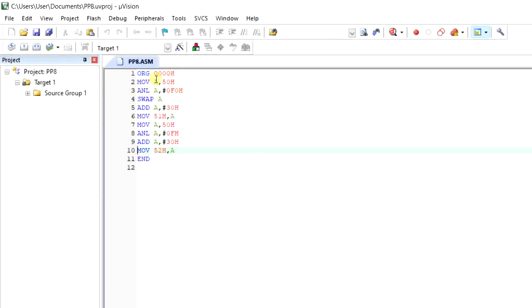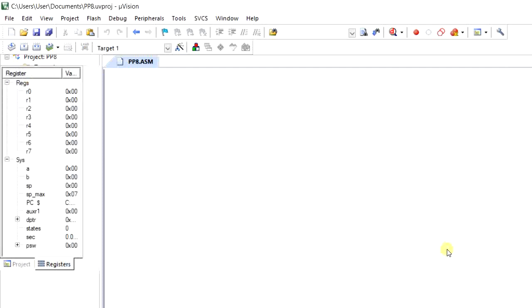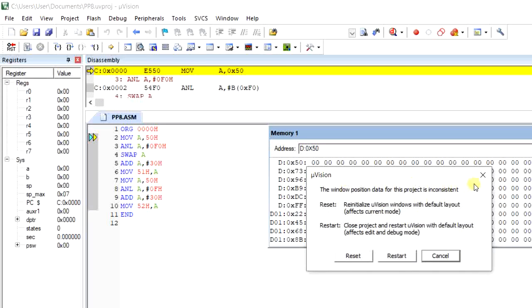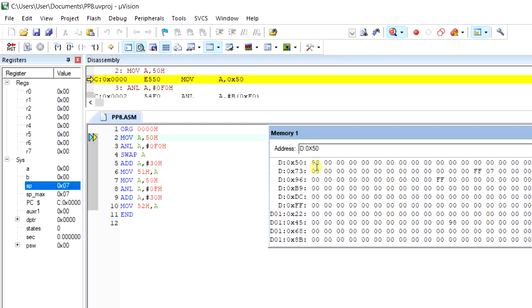So this is the code, the same code which I explained. I'll debug this. I will show you the operation for the number 98 that we considered. So my input data is supposed to be stored in 50H, and I'll store that, and you can see 50H is having 98. Next I need to perform the ANL operation, that is the AND operation, in order to obtain only the upper nibble.